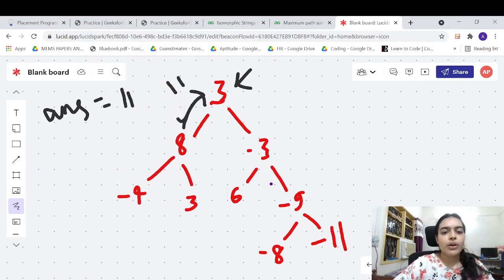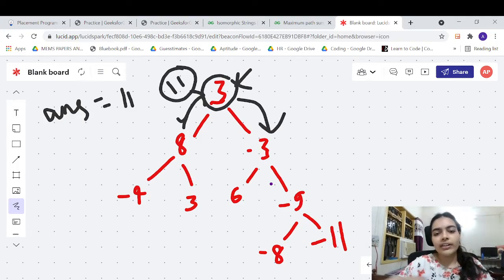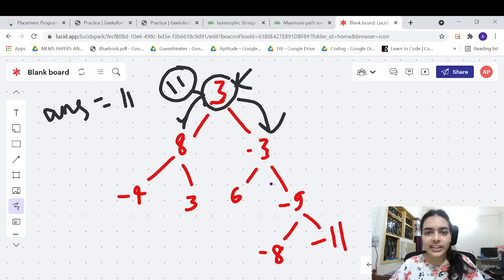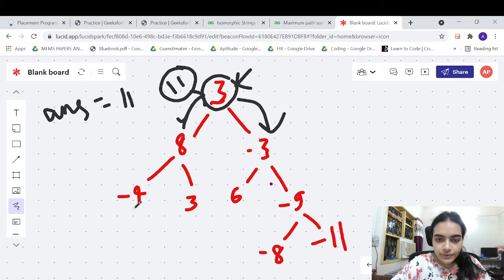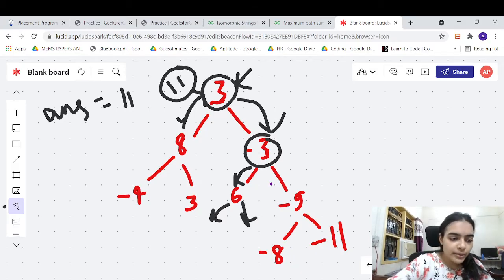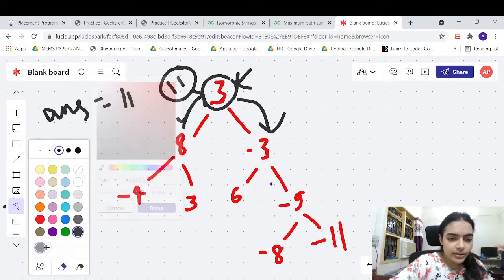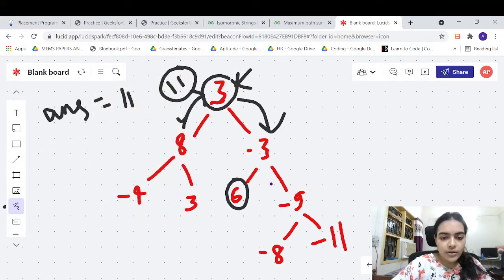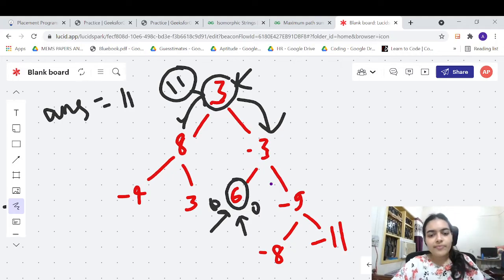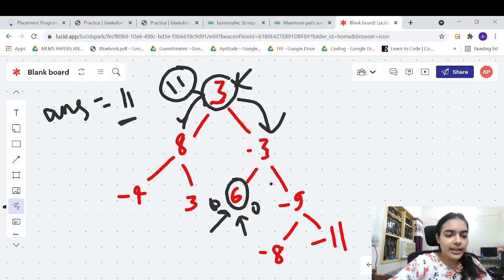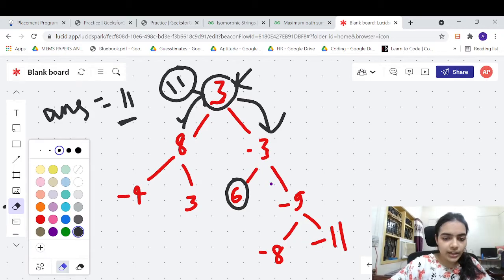As of now. Now what about the node 3? From the left side it has got 11. From the right side, what answer will it get? We will now decide. We will again do the same thing. We will make calls to the left and right child. Here both are null, so both will return back 0. So then this will get a value of 6. Both its children are returning back 0. 6 plus 0 plus 0 is 6. 6 is not greater than 11. We need not change the answer. We can go forward.